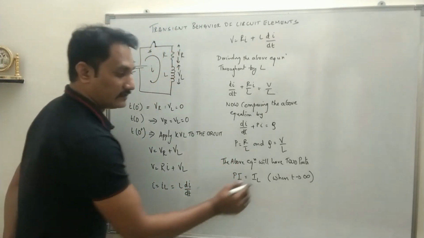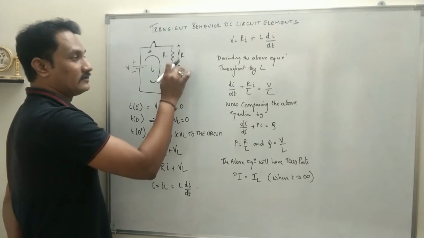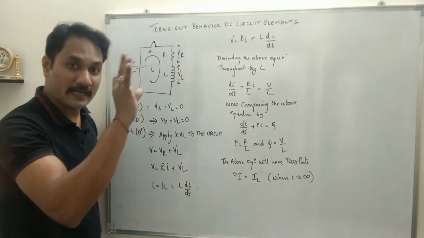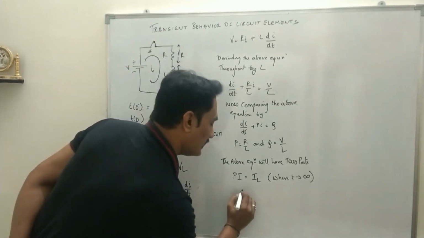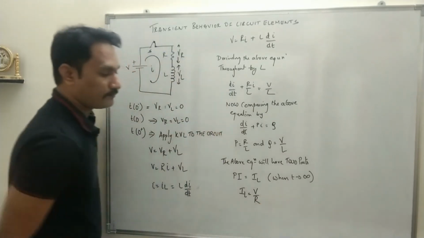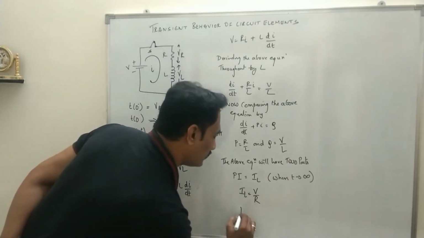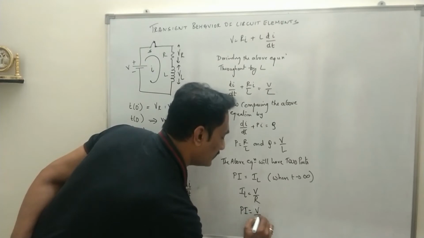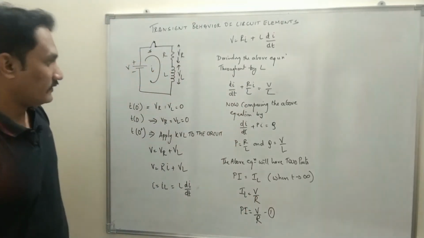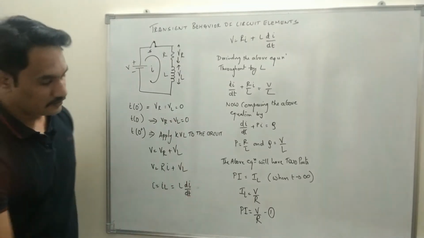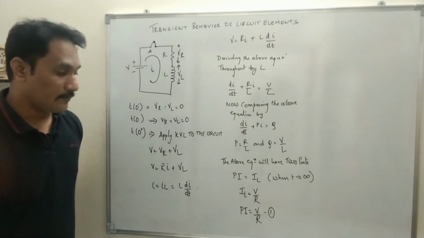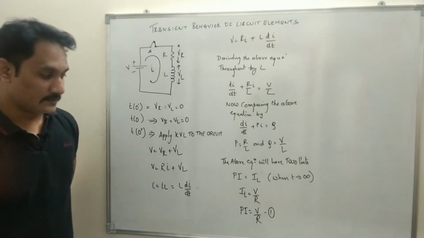So at that point the magnetic field around the inductor will be maximum, and the current will be maximum through the inductor. So we say iL is equal to V upon R, and if iL is equal to V upon R, the particular integral will be V upon R. Let this be equation number 1. We have not specified any equation number, so PI, that is the particular integral part, will be V upon R, and that equation will be represented by 1.